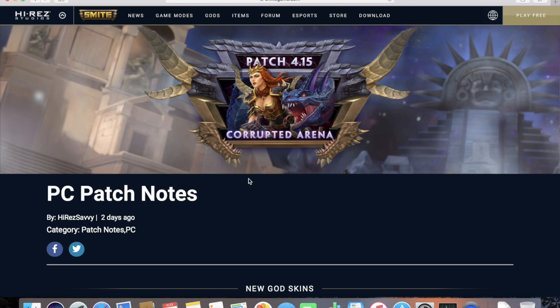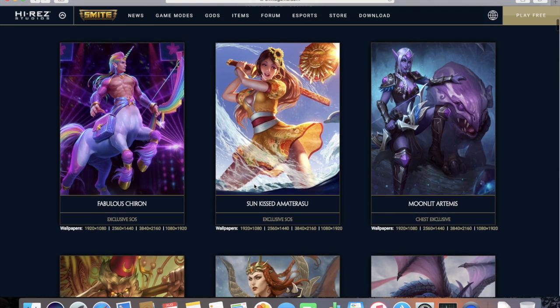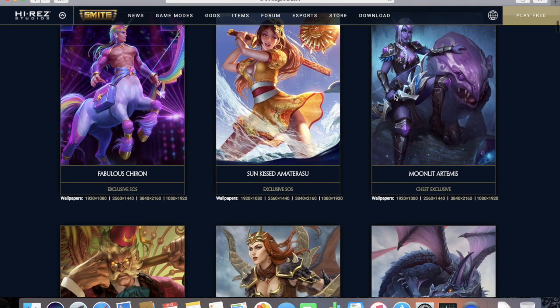What's up, guys? Today we're going to be going over the Smite patch notes for 4.15 Corrupted Arena. Basically, we got the skins: Fabulous Chiron, too rainbowy; Sunkissed Amaterasu, which looks really nice in the card art; Moonlit Artemis, happy they changed the model for it,